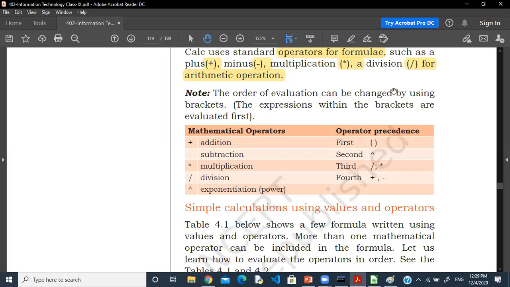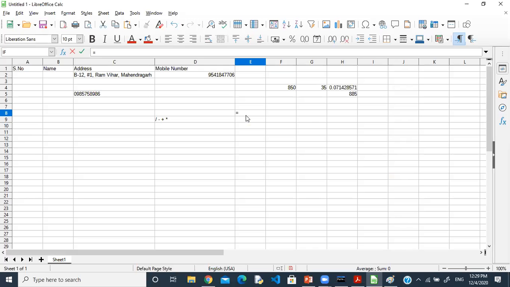Now, whenever we use operators, we have to think about the precedence of the operator also. What is the meaning of precedence? Precedence means priority. Look at this, there is one more operator called exponentiation. What does exponentiation mean? Suppose I write 2 exponent 1, I get 2. 2 exponentiation 2, I get 4. 2 exponentiation 3, I get 8. So 2 exponentiation 3 means 2 raised to the power 3, and 2 exponentiation 2 means 2 raised to the power 2.